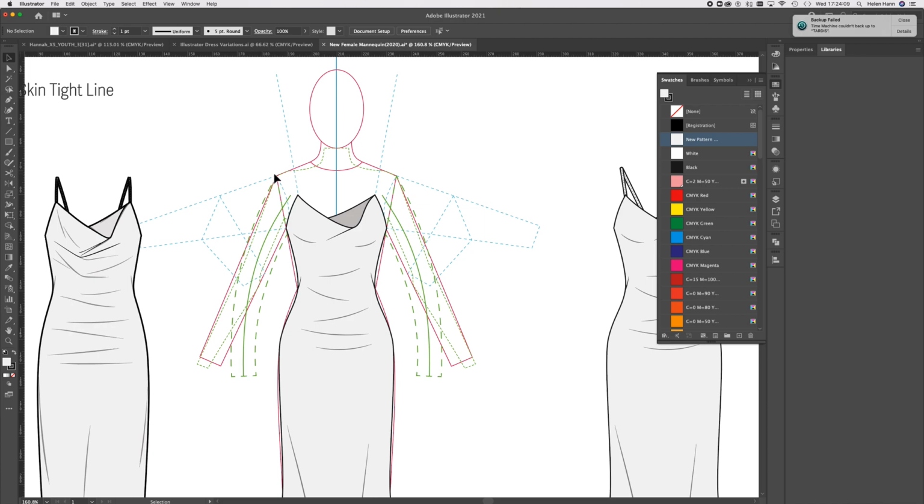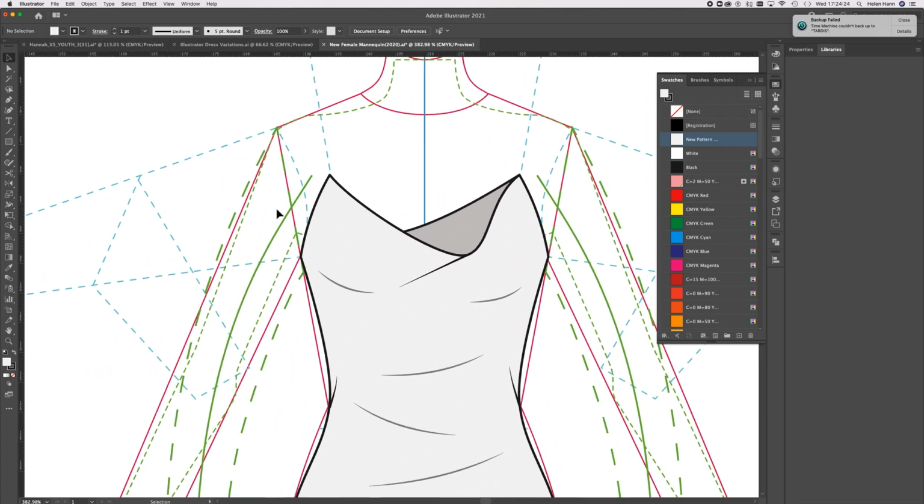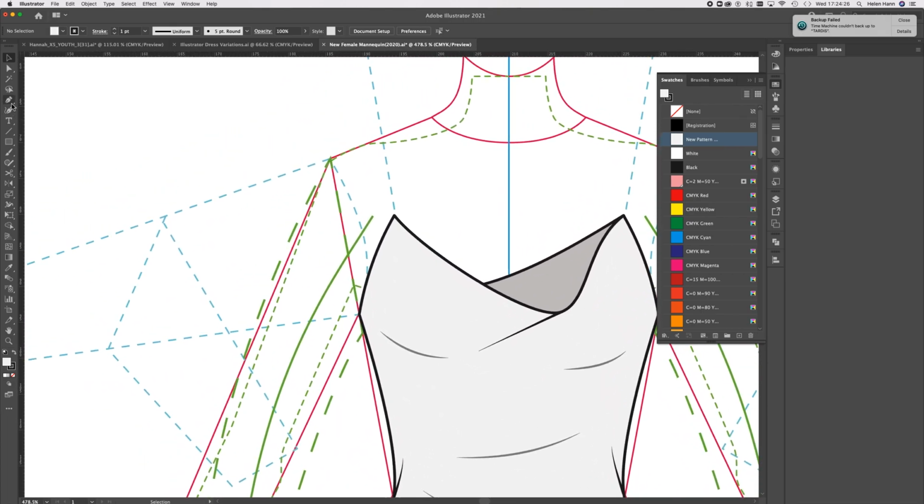I'm going to come all the way up to the shoulder. Now you can see that the line of the dress, if you can imagine it going up here and down to the point of the shoulder where it would come to, you can almost imagine how that would fill in here. All right, so that's the shape that I'm going to draw. So I'm going to start here on the point of the shoulder. It tells me exactly where that point is as well. So I'm going to just click there and come up to